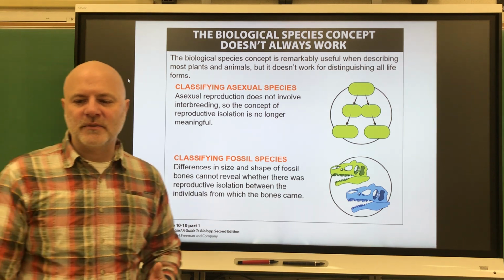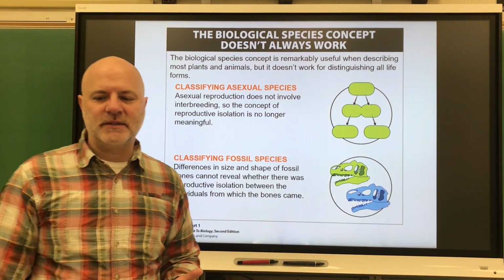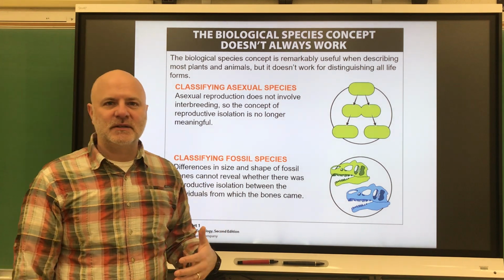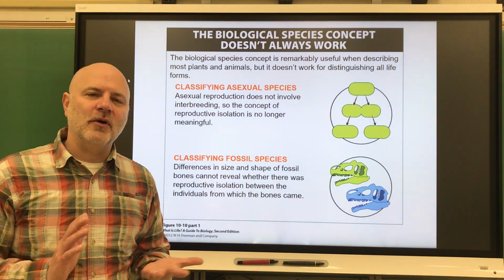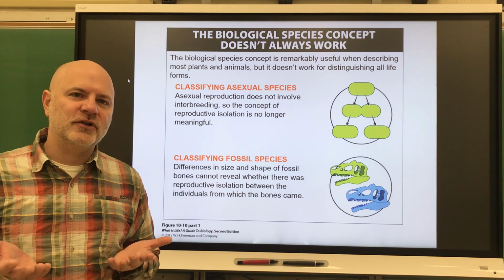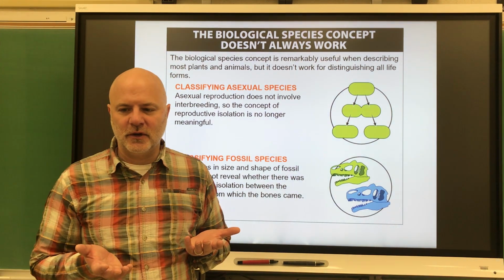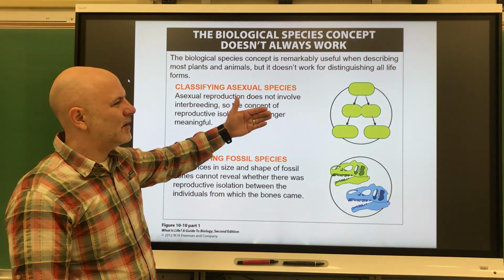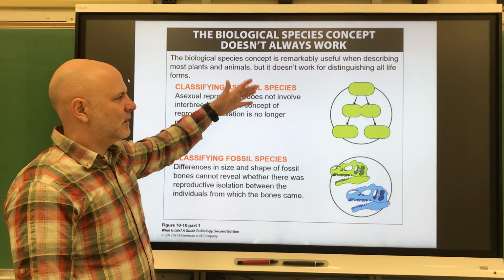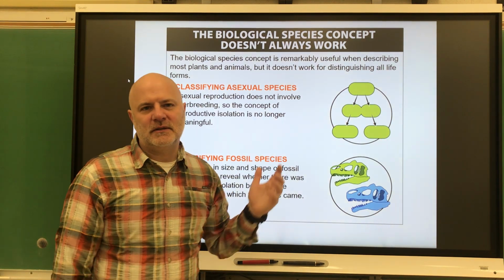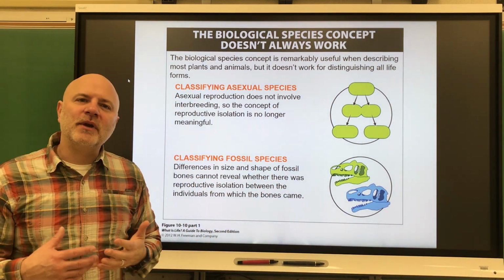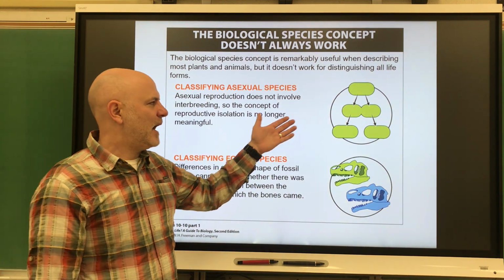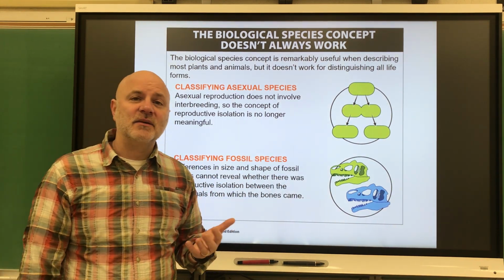So one of the problems with naming a species and how it's not easy is, how do you classify asexual species? Because they don't reproduce, there's no reproductive barrier there that they're trying to overcome. So they don't need to find a mate. So, according to our definition, each one of these guys is its own species. But how we classify asexual reproducing organisms is typically by their structure and their genetic similarities.